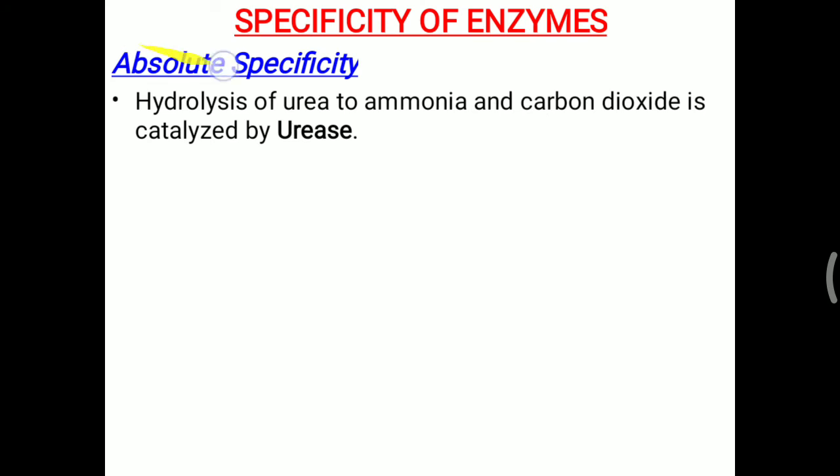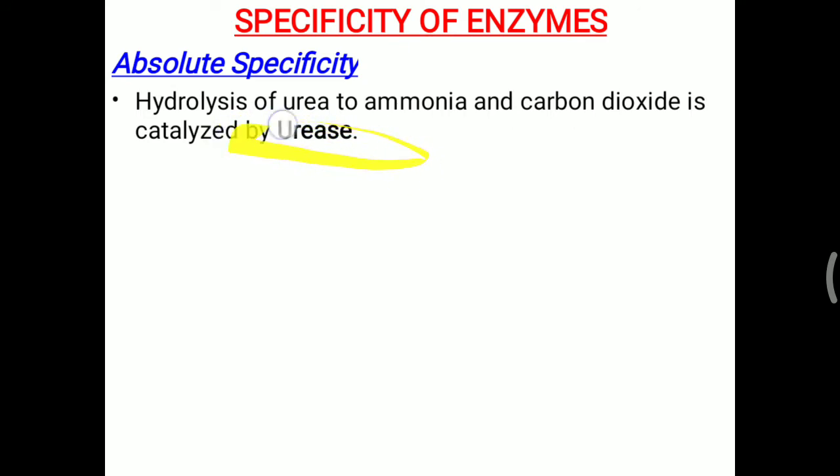Today's topic is about specificity of enzymes. Enzymes are basically biocatalysts, but these enzymes show particular specificity and they are also classified depending on their activity. So absolute specificity means that the enzyme is absolutely specific for that reaction only, or absolutely specific for the substrate only. For example, hydrolysis of urea to ammonia and carbon dioxide is catalyzed by the urease enzyme, but